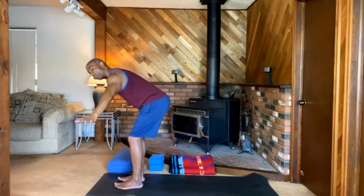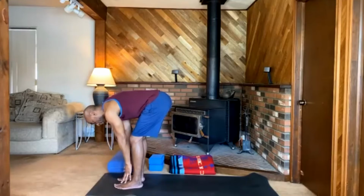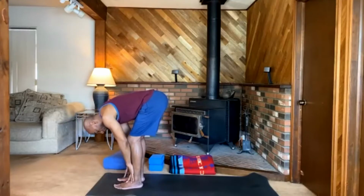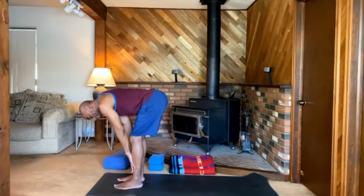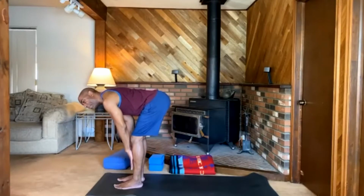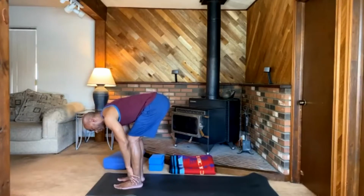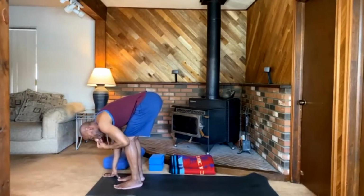This should give you some good control so you can fold slowly. Hands can land at your shins or ankles, or maybe even touching your toes. Inhale, slide your hands up the legs, re-extending your spine. Now on this exhale, fold and bend. Just continue to go down low enough, bend the knees more until you can place both hands on your mat